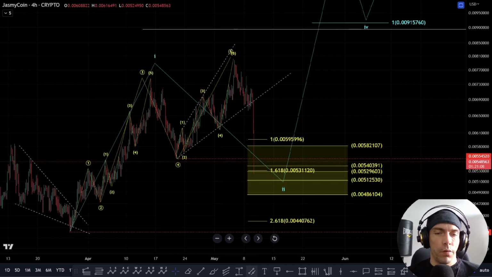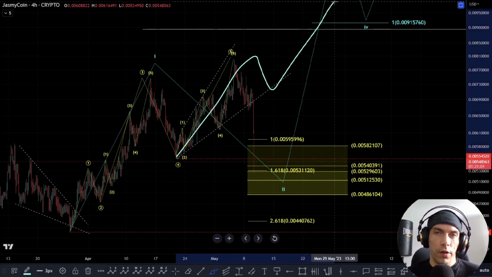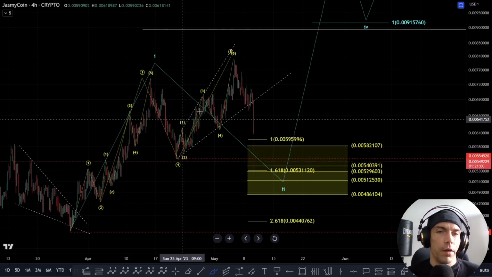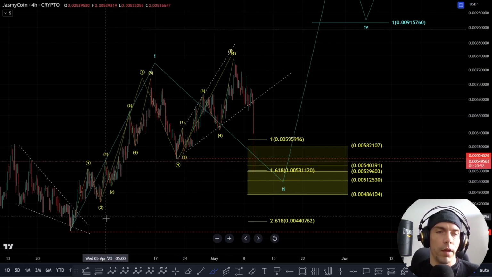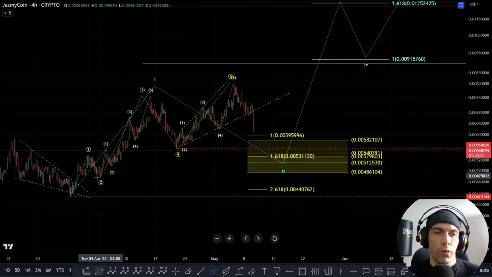Okay, so what we were talking about previously was a couple of things. We're looking for this low to potentially hold and looking for an extension to the upside. We lost this low, so that's invalidated that idea. Now we were talking about two things here. We're looking at the possibility that we could still be looking for a bigger impulsive move here where this is